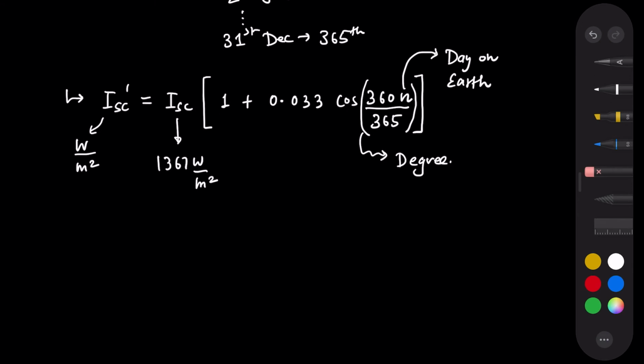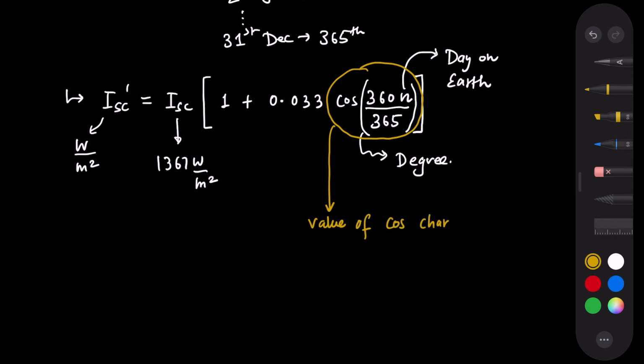Okay, now let us talk about this cos 360n by 365. First of all, we know that according to mathematics, the value of cos changes from positive 1 to negative 1. And so we can say that therefore the ISC dash varies by plus minus 3.3%